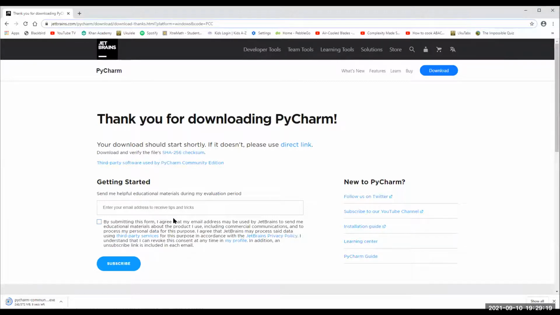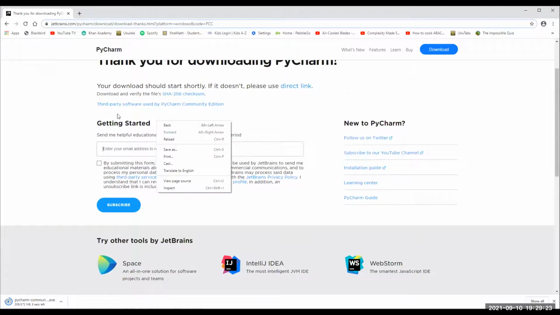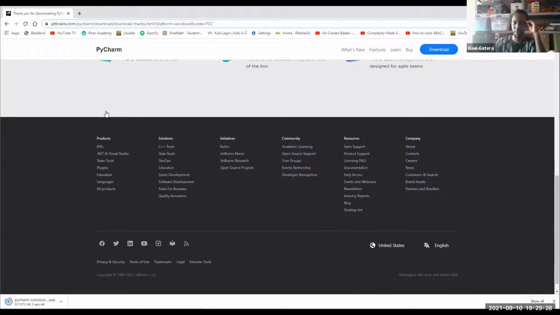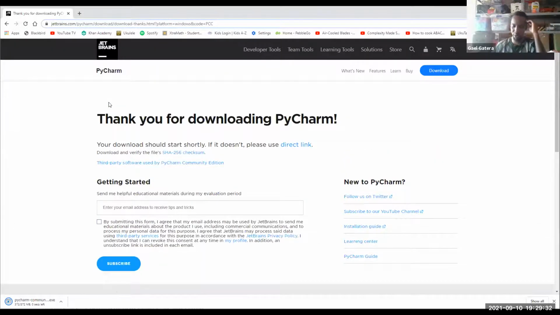Does PyCharm run on Google Chrome, or do I have to use Windows or Mac? Yeah, it doesn't work. You're gonna have to use Windows or Mac. I don't think you can install PyCharm via... you have a Chromebook? Yeah, I'm using that right now. Okay, yeah, you're gonna have to download it on an actual operating system. Let me see if you actually can. So PyCharm, Chromebook. Yeah, so your Chromebook will,